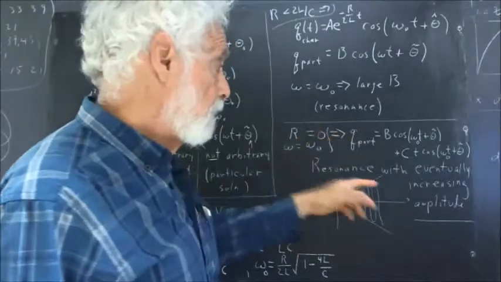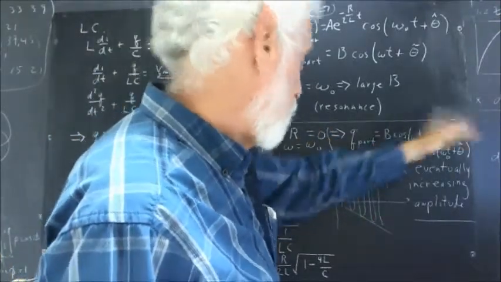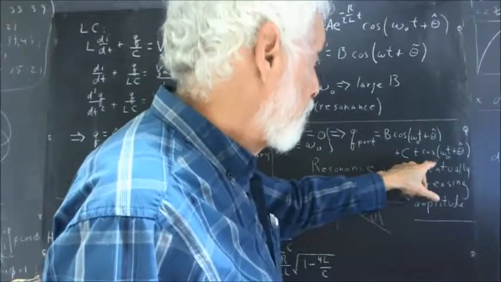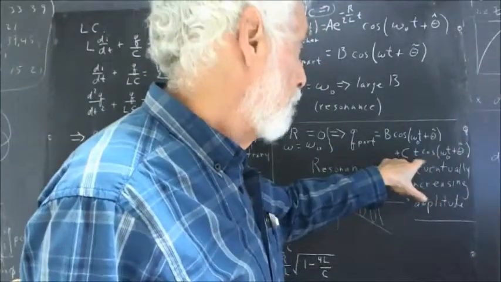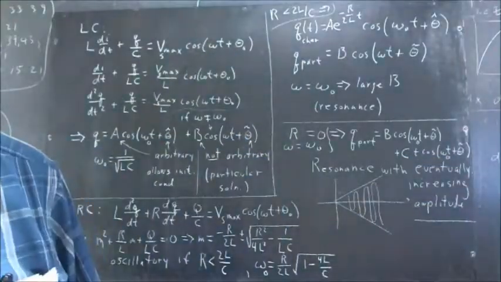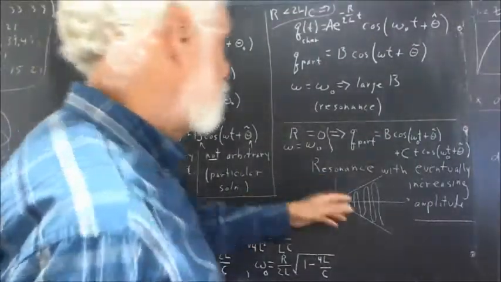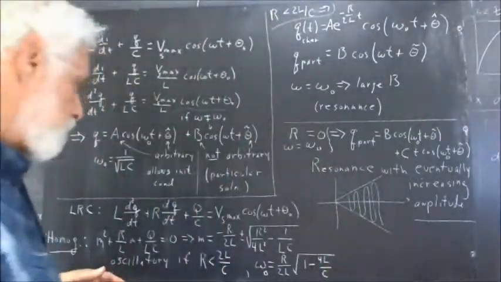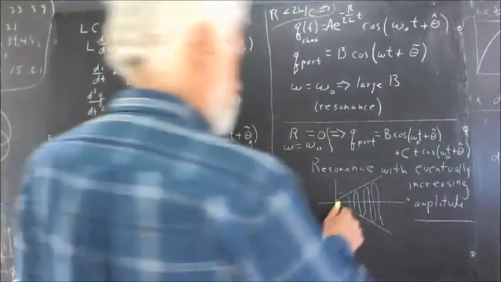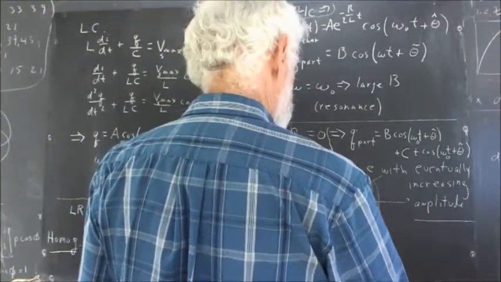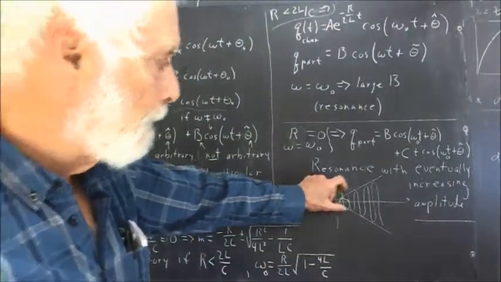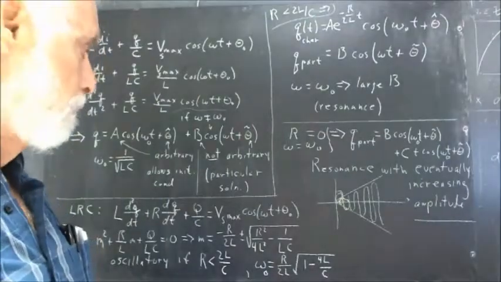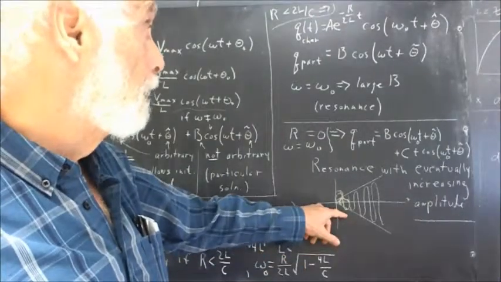So you get a particular solution of this form. Remember, if you have a repeated root, you're going to have a B cosine of your argument plus a Ct times the cosine of your argument. And the Ct is going to increase without bound. So you have resonance with eventually increasing amplitude. And what I mean by that is the amplitude can do some funny things at the beginning, so I'm just going to put a little squiggle in here to say that there's things that happen in the early part of the development of the resonance